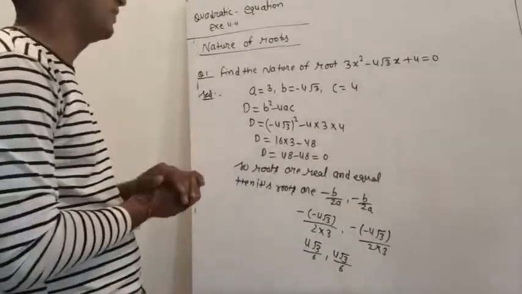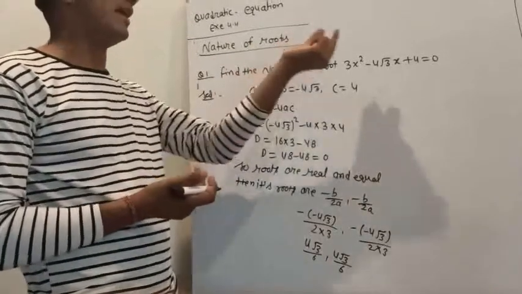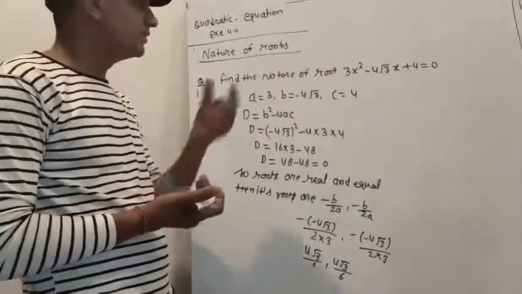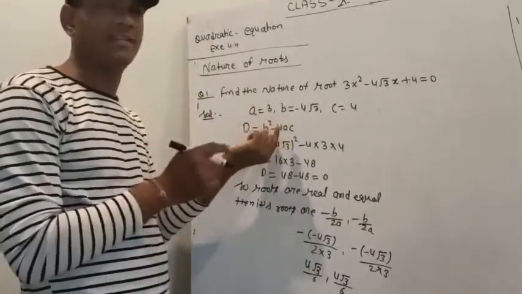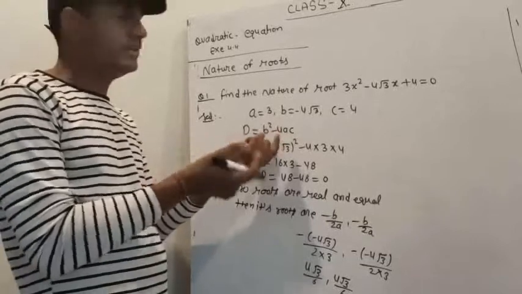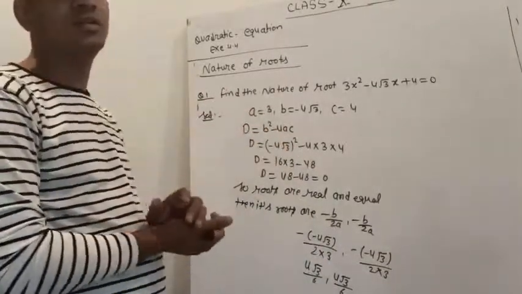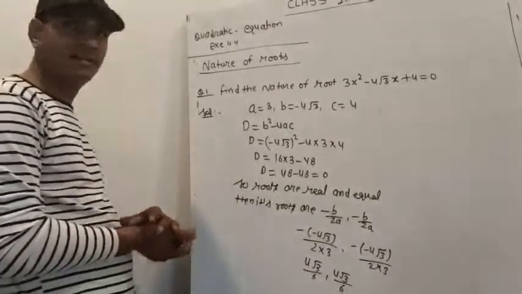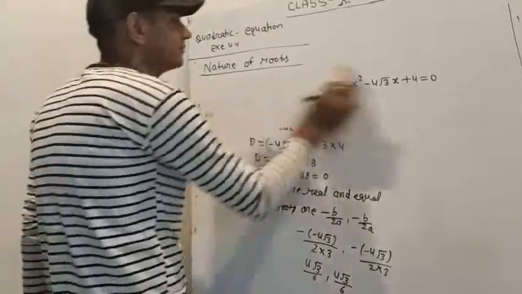So in the first type of question, if the question asks to find the nature of the roots and hence find them if real, then firstly you will find the discriminant value. If it is greater than 0 or equals 0, then roots are real, and if less than 0 then no real roots exist. Understand? Now look at the second question. This is very important.